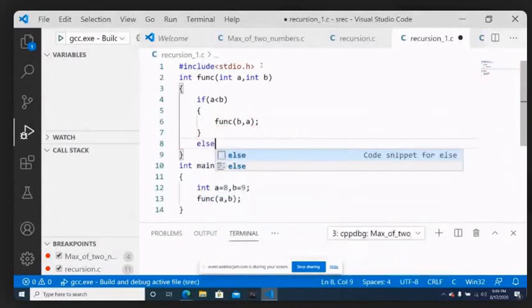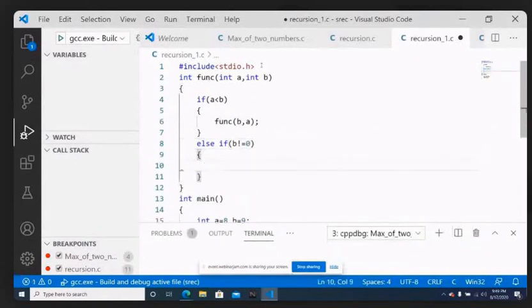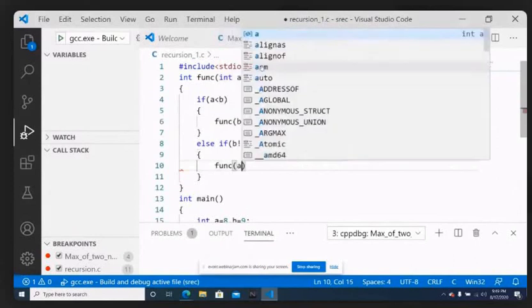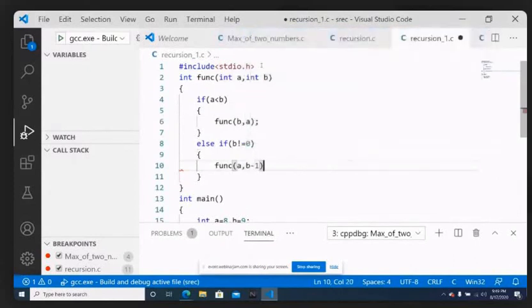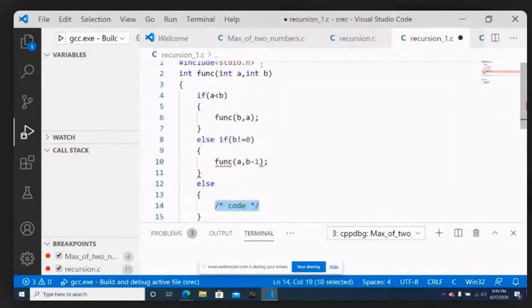Then I will be checking else if b not equal to 0. If b not equal to 0, I will simply call func, passing a comma b minus 1. Then in the else part, we will be returning 0. Here also we should return this. Am I right? So we will be returning func.